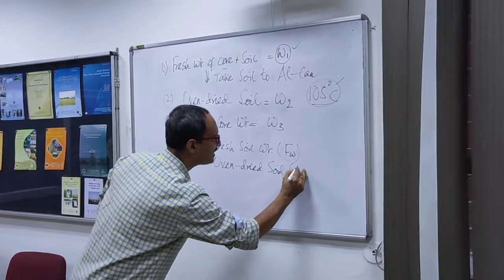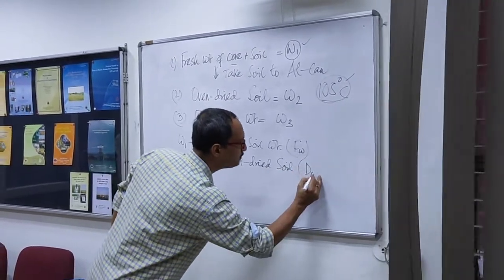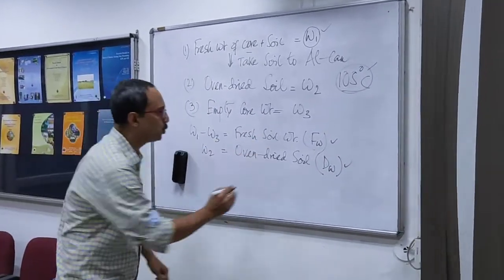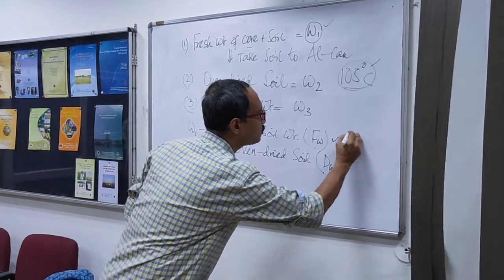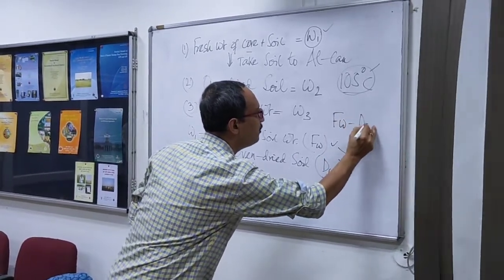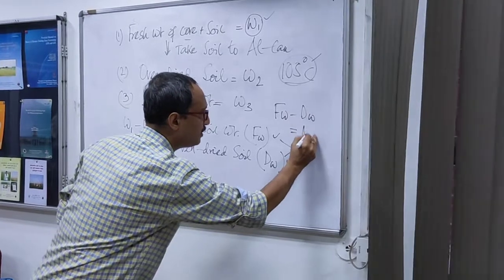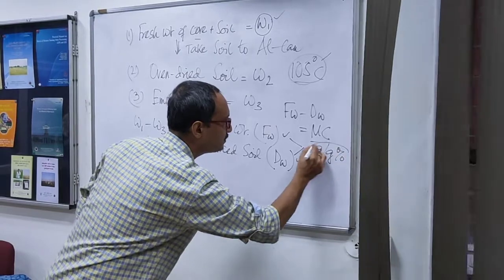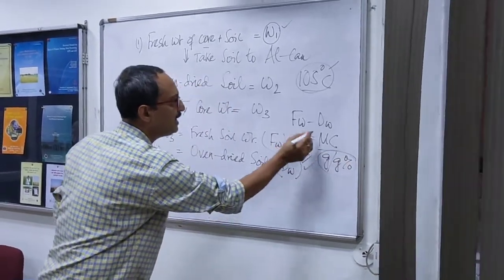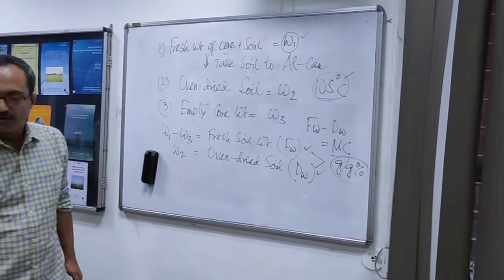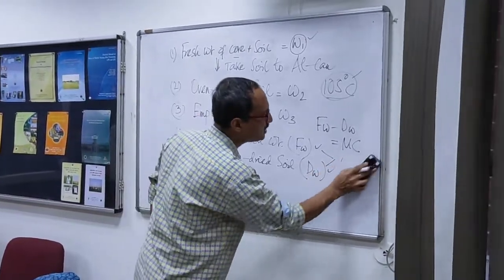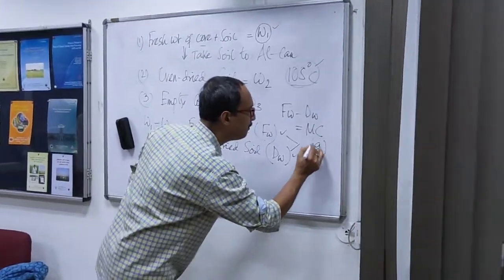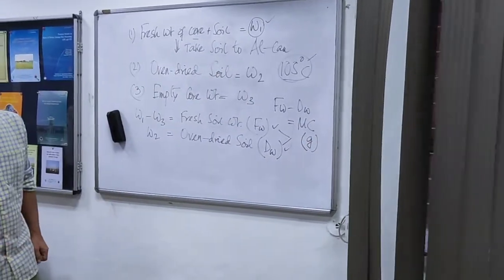So I will write this as dry weight, DW. So this is fresh weight and this is DW. Now if you subtract these two, FW minus DW is your moisture content. So I will write moisture content. This is a gravimetric basis, so I will write g by g percentage. Now this percentage will not come unless you get a soil weight. So here you will only get the moisture content, which is in gram.